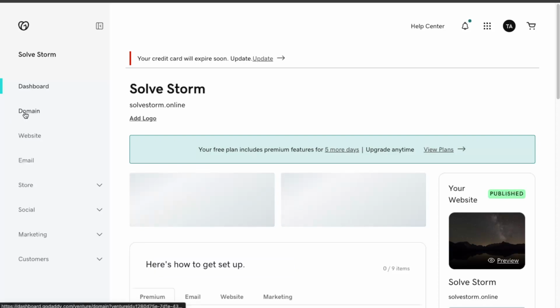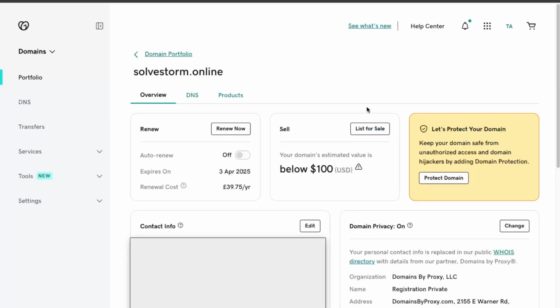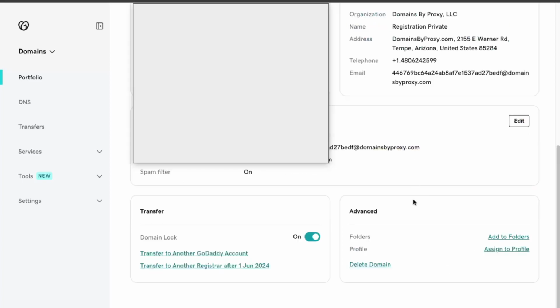Then you're gonna click domain and domain settings. Now when you are on this page, you're gonna scroll down to the bottom until you see the advanced settings right here. And as you can see, you can click delete domain. After you delete it,